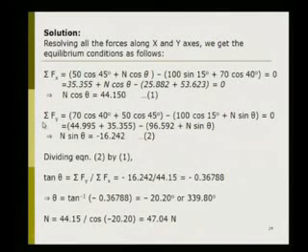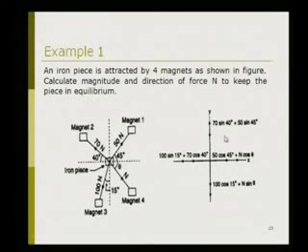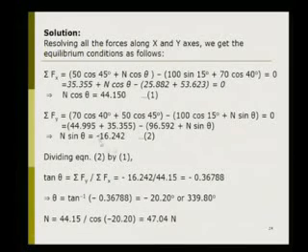Now the second equilibrium condition is summation of Fy is equal to 0. Now we will see the forces in the y direction. Again, of these four forces, two are acting upward and two are acting downward. 70 sin 40 and 50 sin 45 are acting upward, so they are positive, and the other two components are negative, which is equal to 0. So we get n sin theta is equal to minus 16.242, equation number 2.